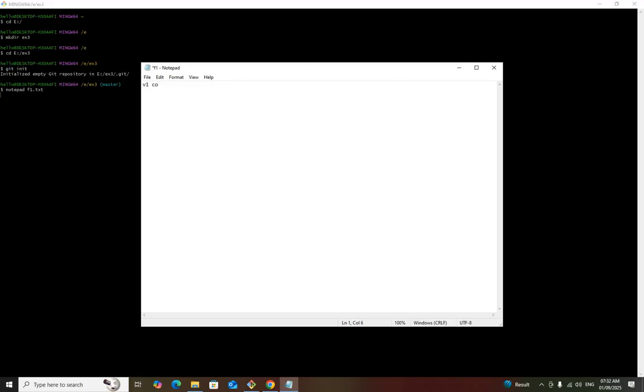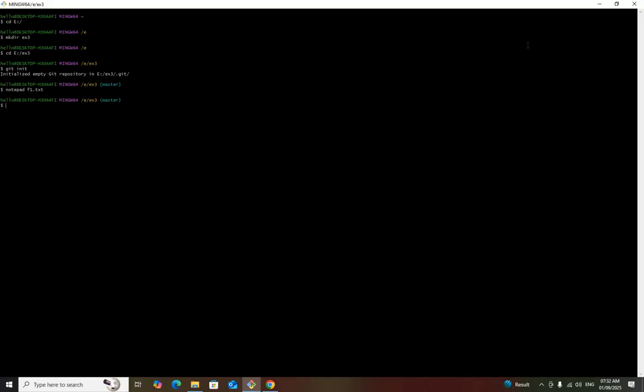I am not writing real code, instead I am writing a simple word as code: V1 code, version 1 code. Save it. Close the file. After closing, you can see the cursor is again ready to take commands.